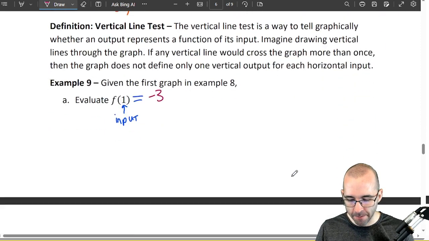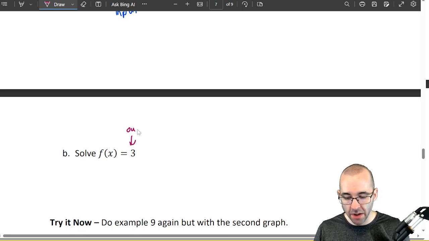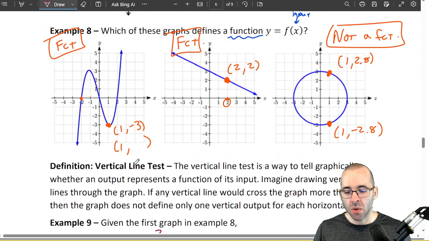And we can do part B. Solve, okay, so solve gives us the output and wants us to find the input. So for that same graph, if we're having an output of 3, what is the input going to be? So this is going to be similar. Look at all the points that have an output of 3, all the points that have a y value of 3. And in this case,